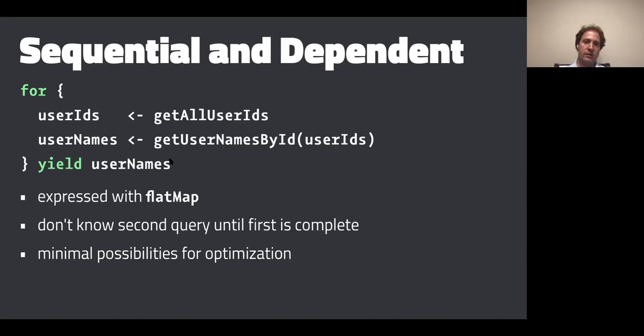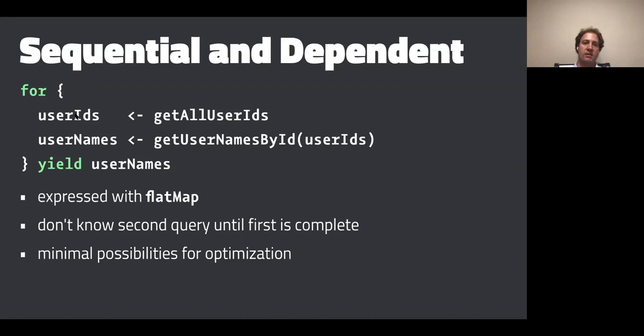And so sequential, if we go back to our original example, is what happens between the lines of this for comprehension. We said we need to get the user IDs, and then after we have the user IDs, we need to get the user names. So we need to do one thing before we can do the other thing. The actual flat map itself gets hidden a little bit here in the for comprehension, but this is ultimately desugared to a flatMap call. And when we have something like this, we can't really do any optimizations here because we don't even know what this second query is going to be until we've completed the first query. Here we can just look at it ourselves and eyeball it and say, okay, we're going to get user names. But as far as the compiler is concerned, this is just an arbitrary function that's going